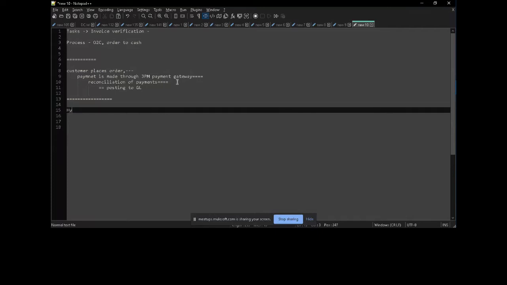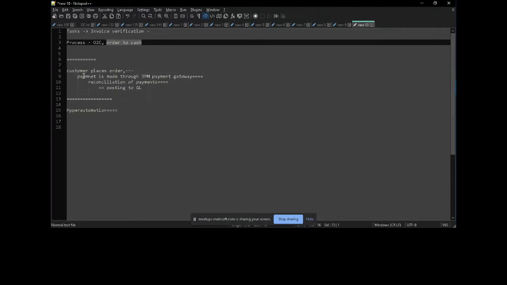So the term which we use is hyper automation. Hyper automation is the automation of all the processes of a workflow, basically. So let's suppose I say that order to cash is a workflow, then all these steps are automated as far as possible, right?